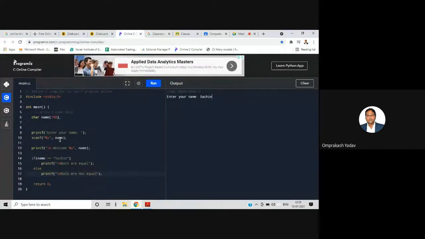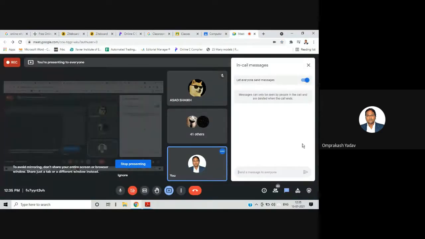See, this is my program. I've taken one name from the user and I'm entering Sachin, and here I'm comparing with Sachin. If both are equal, then it will print both are equal, else it will print both are not equal. So what will be the output of this program? Can you tell me?